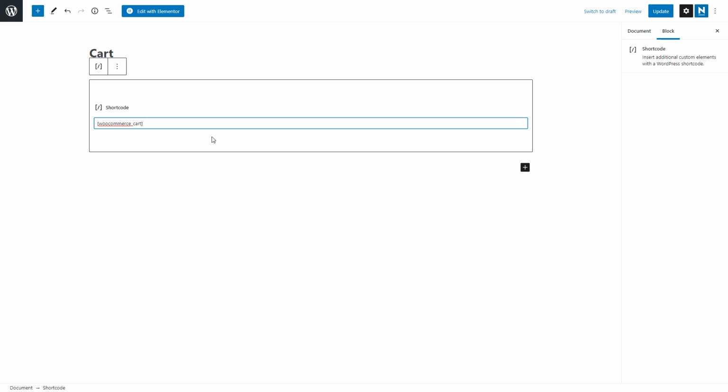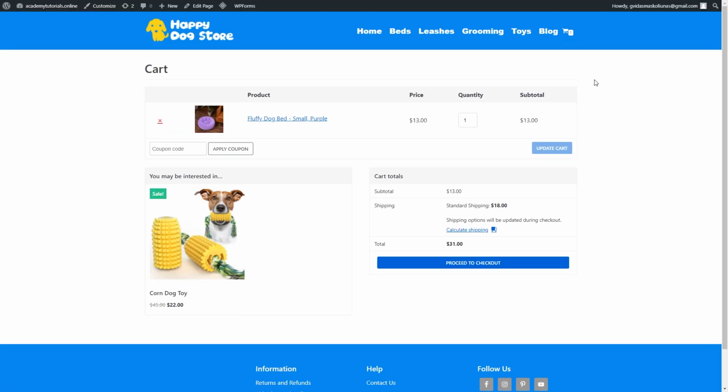which you can see right here. If this problem happened with our shopping cart, most likely we are going to have the same issue with our checkout page and my account page. So for all those pages, we will have to include codes. Alright, once you have added this code, click update and let's click preview. Let's select desktop and let's click preview in a new tab. Alright, as you can see, everything's fine right now, and now we will have to add codes for checkout page